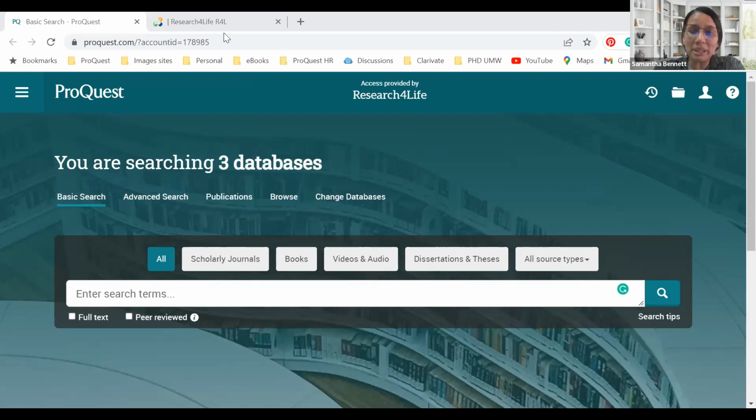Okay, any other comments from Mercy or Sanjay? I think one question that they have asked is whether all the contents are freely downloadable or not. So yes, if you're getting the PQDT Global access through Research for Life, you can download all the full text free of cost. There are no charges for that. For those 95 member countries, you can download free of cost. There is no issue on that.